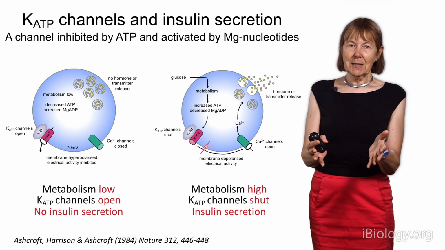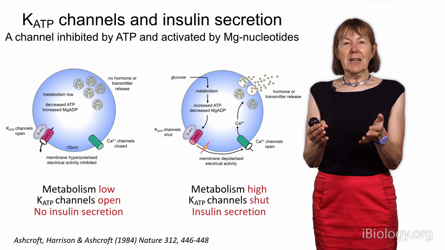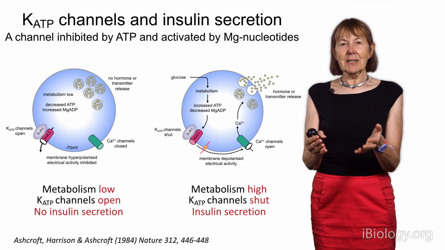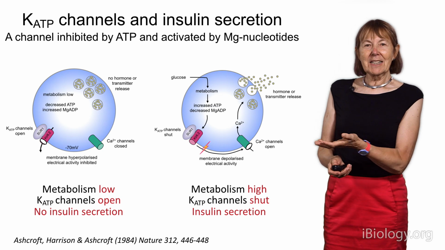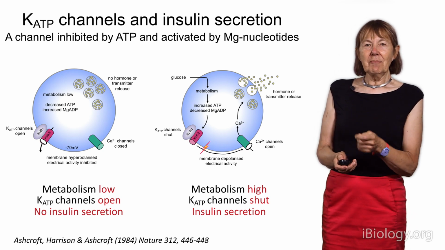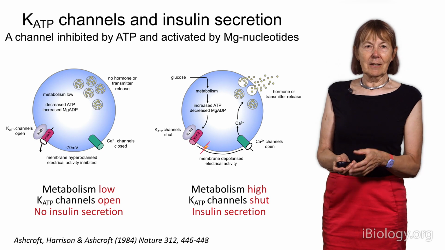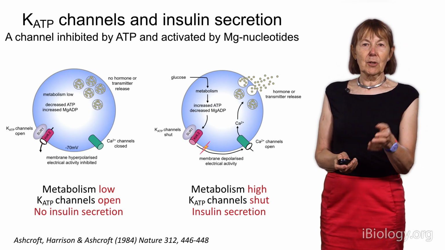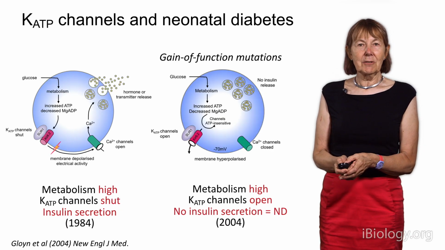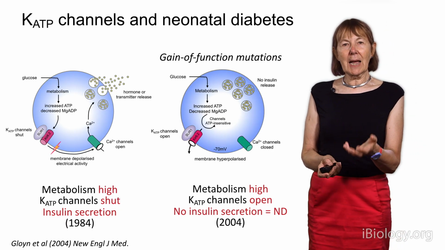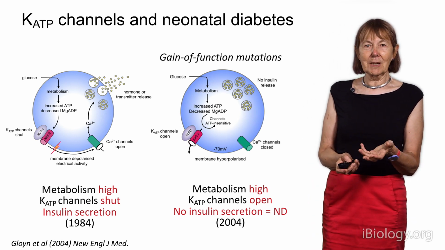So when metabolism is high, due to elevated blood glucose, the potassium channels are closed and insulin is released. Now you can immediately see that if for any reason the channels didn't close in response to elevation of ATP, in response to elevation of glucose, then no insulin would be released and you'd get diabetes. And this is exactly what happens with certain mutations which are found in either of the two subunits of the